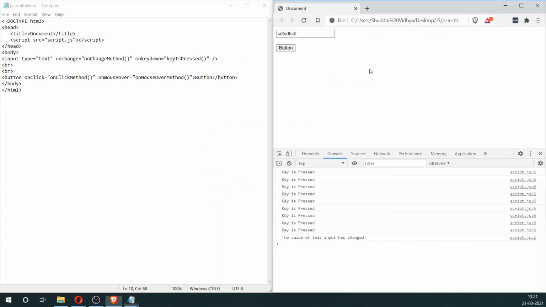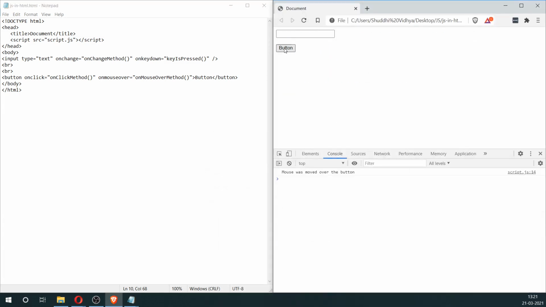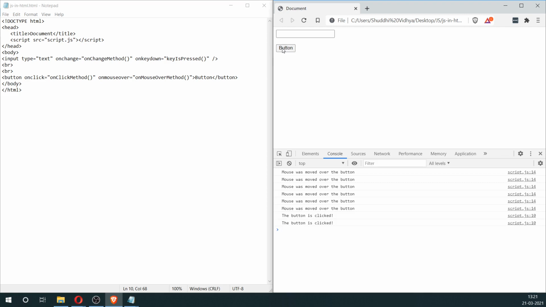So let's try this now. So you can see here that every time I move the mouse over the button, it triggers that method. And when I click it, it triggers the onClick method. So like this, we can have multiple events tied to the same HTML element.